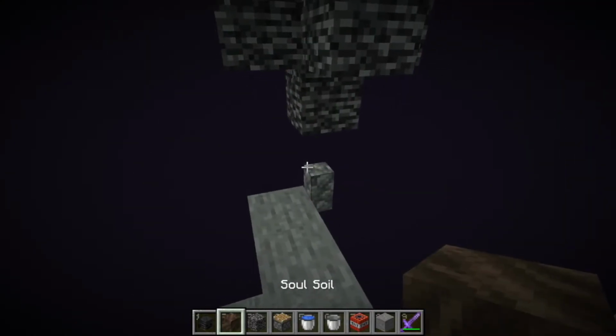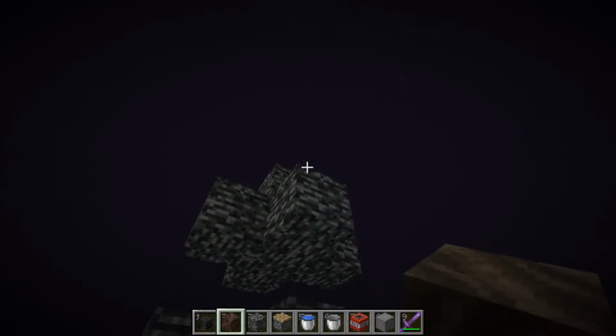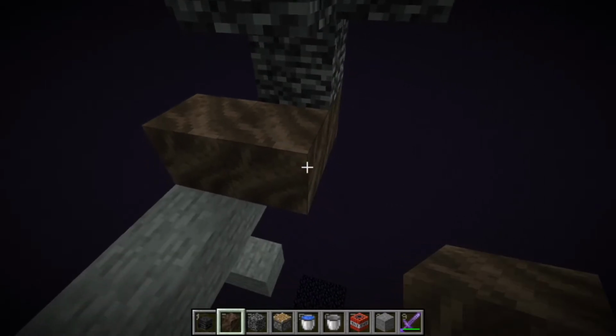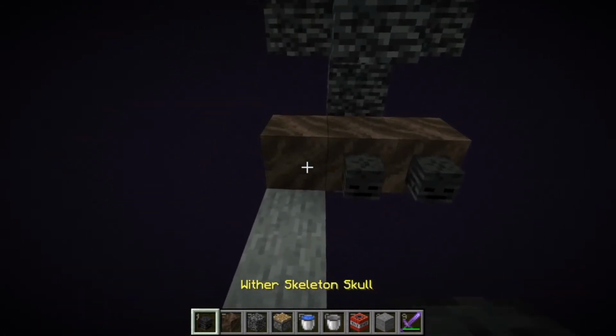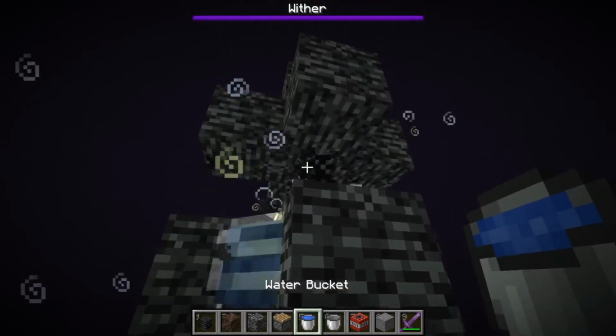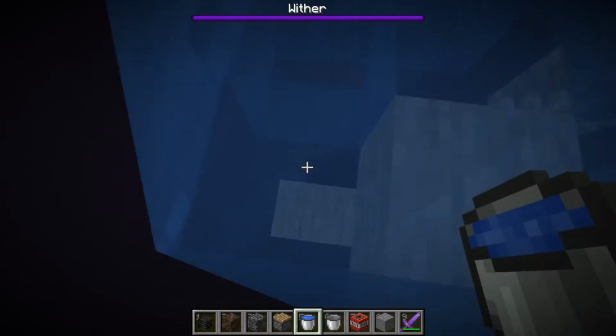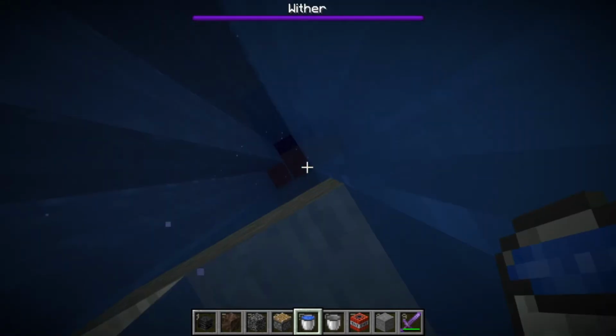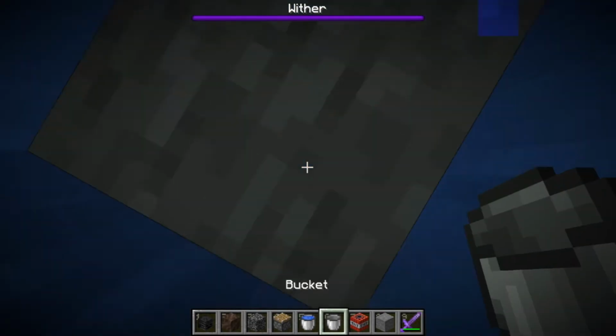Now here comes the stressful part. You're gonna place in your soul sand, and you're going to place in your wither. Then you're gonna quickly put a bit of water up there and jump down onto here and underneath. Then when you hear the explosion,